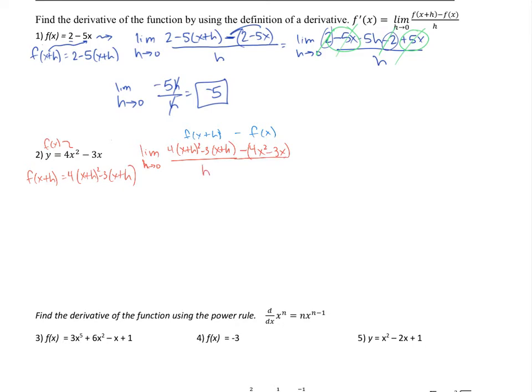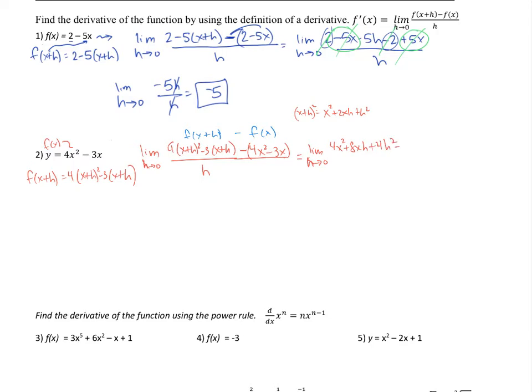So let's clean this up a little bit. Now, over here, if I FOIL this out, this x plus h squared, I end up with x squared plus 2xh plus h squared. So we're going to multiply the 4 through. Let's write that limit there real quick. So let's go ahead and write that limit as h goes to 0. And this is going to be 4x squared plus 8xh, because I'm distributing this 4 after I FOILed it out, plus 4h squared